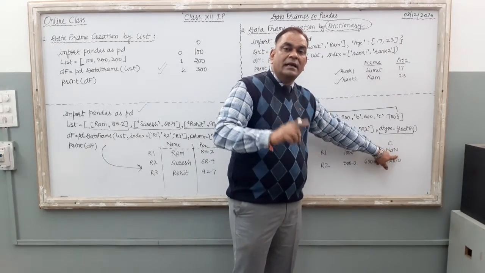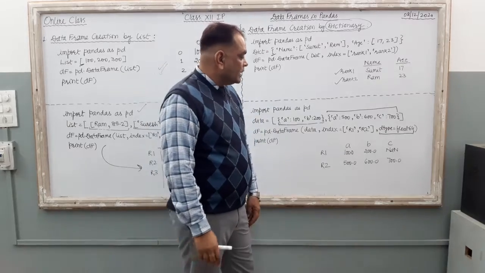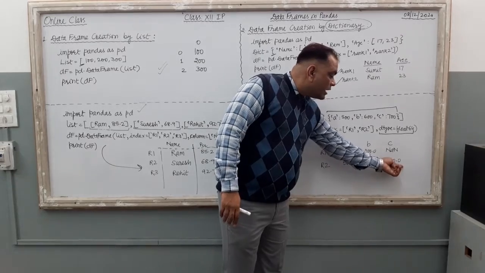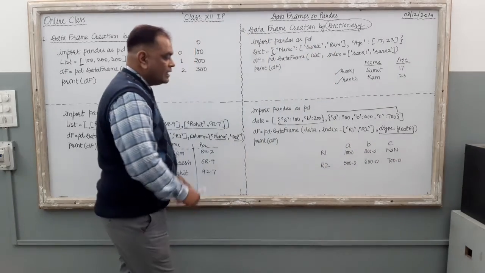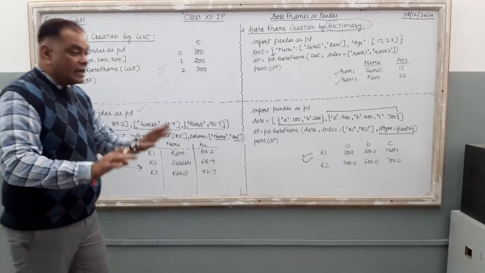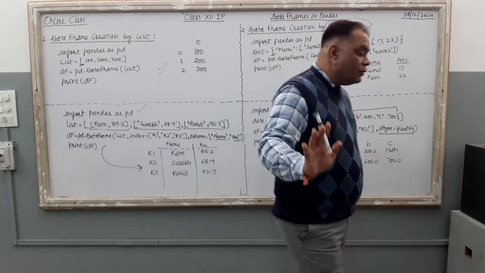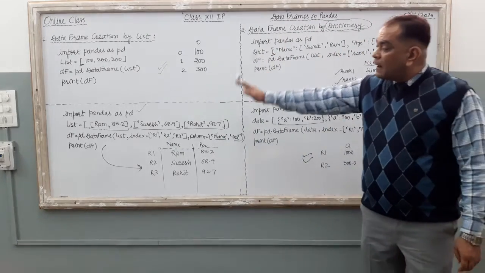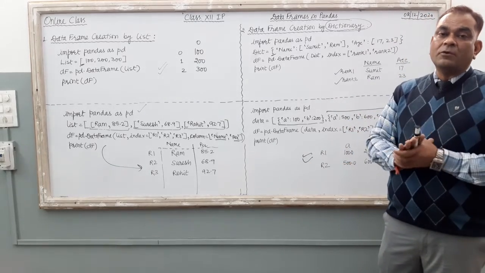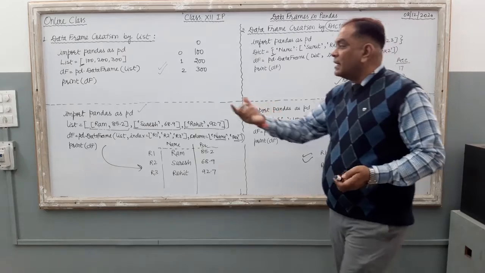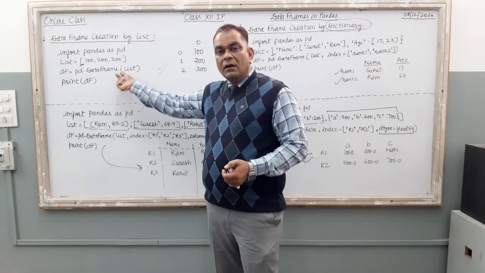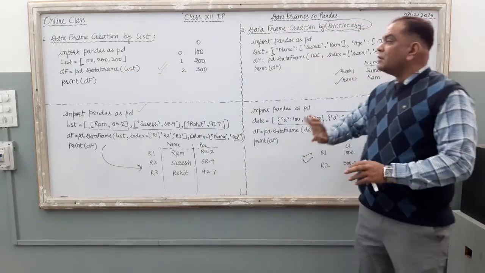NaN, not a number, it is a property of numpy, right? But the second dictionary holds the value C. तो ये second line में C की value 700.0 appear होगी, right? This is the output of this data frame. I hope the data frame looks very simple for you. Here just see the program is not more than 10 lines and the steps of the program are also same. आपको क्या करना है, you have to learn this data frame command only, right? Data series command only. By this you can create this data frame.